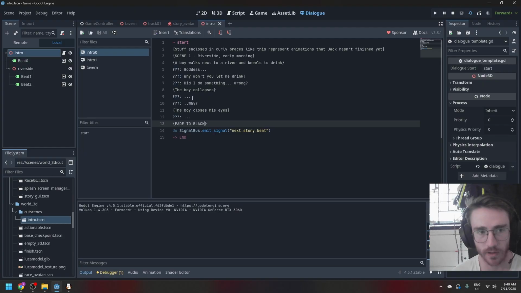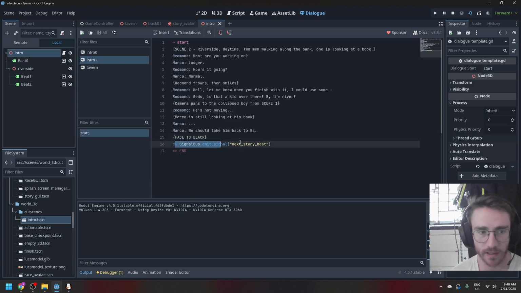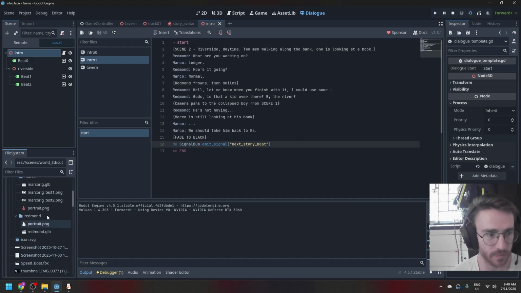And because within the dialogue you can execute commands or execute methods or whatever you call it. Execute mutations, I don't know all the terminology. But at the end of it, I just emit a signal to the signal bus autoload: okay, I want the next beat. And once we get to the last beat,